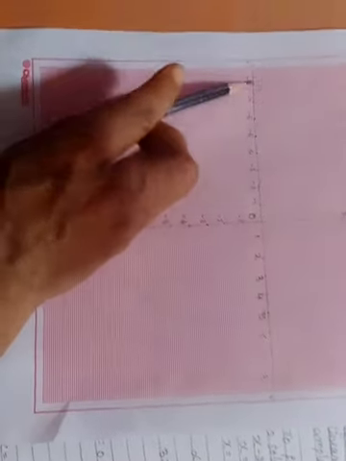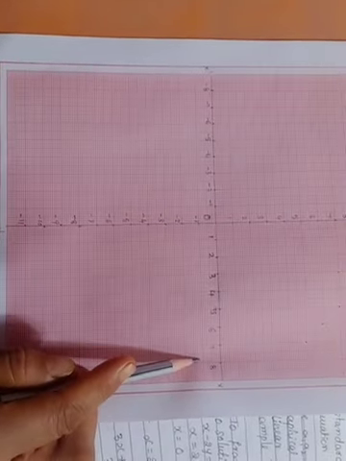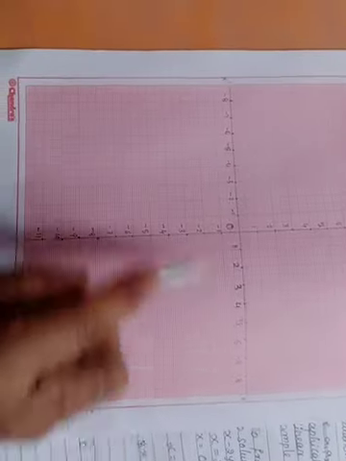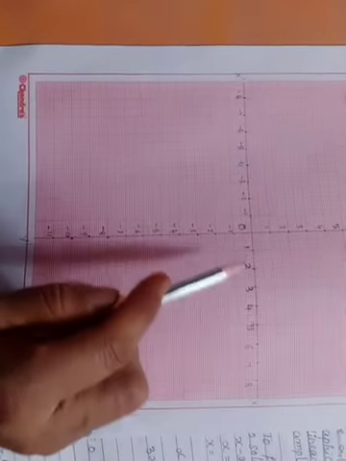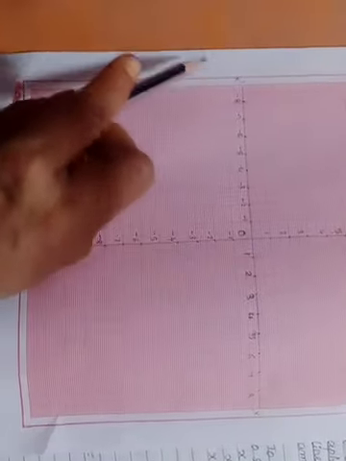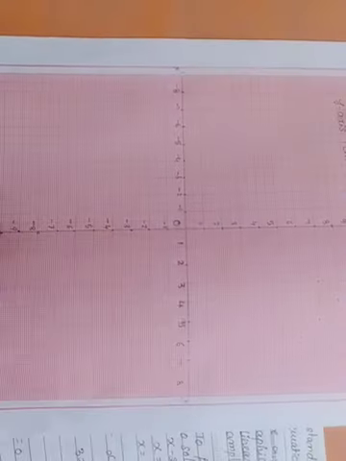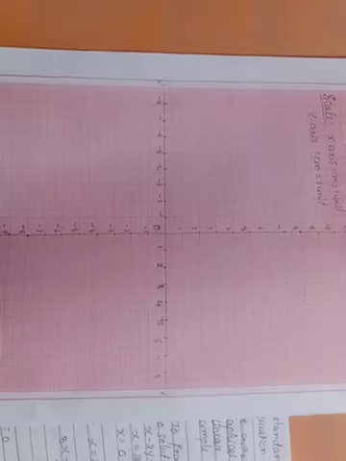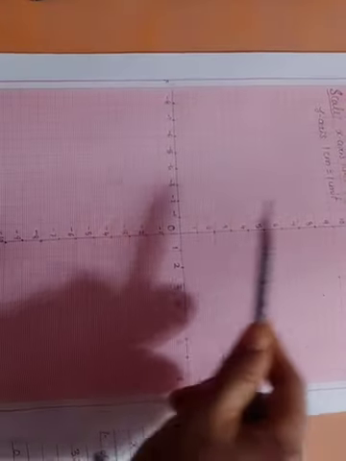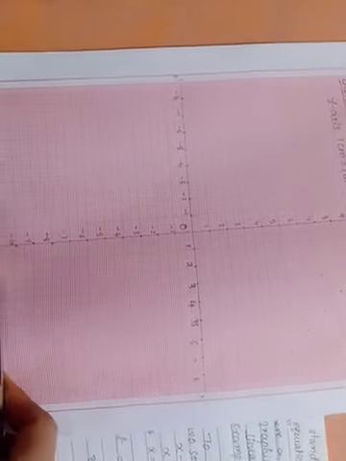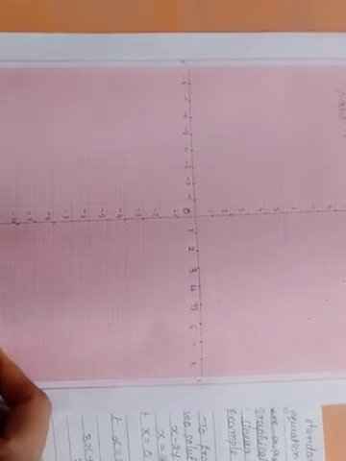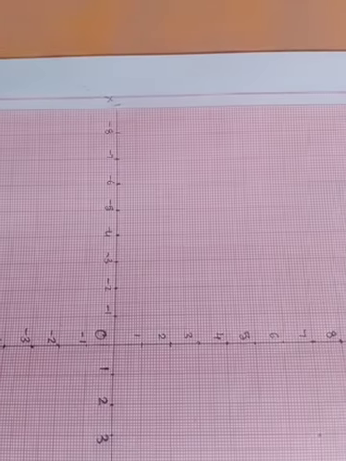And the horizontal line is called the x-axis. It is represented as x, x dash. So the x side has positive numbers, the x dash side has negative numbers. In the same way, the vertical line is called the y-axis. Here also upward are positive numbers, downward are negative numbers. Clear? So depending on this, we can mark down the points, children.